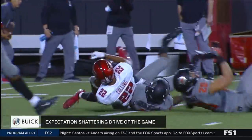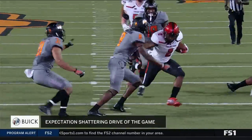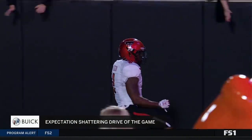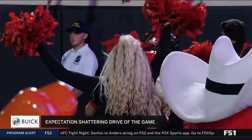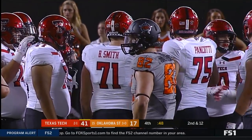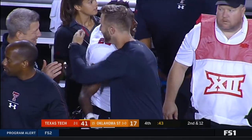Well, it was all about the young quarterback. Had a couple of interceptions today, but he stayed poised. He stayed within the system. And look at Felton go. DeMarcus Felton, a couple of touchdowns today. Their ability to run the football and control the line of scrimmage was a big difference for Texas Tech's offense. And Alan Bowman,